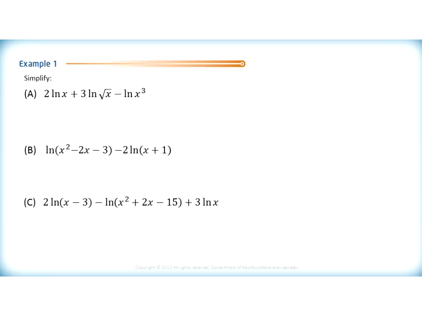Okay, we're going to put some of these things into action now. So we've got to simplify some logarithmic expressions using our laws of logarithms. So in the first one here, I've got some addition and subtraction of logarithms. So I want to collapse all that together, but I can't do that if I have coefficients in front of the logs. Not allowed. So I remember that I can use my exponent rule here, or my power rule, or whatever the kids are calling it these days, and I can take all those coefficients and turn them into exponents